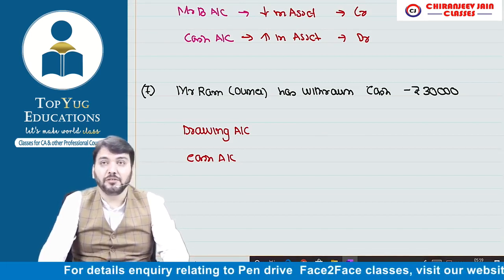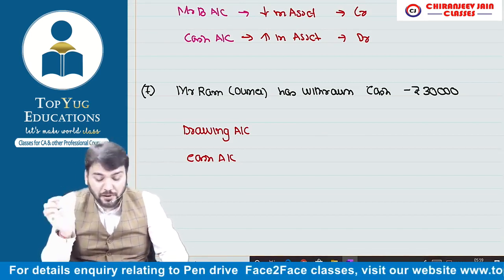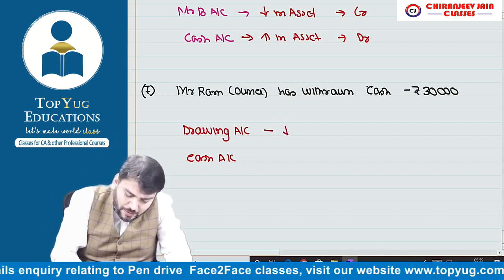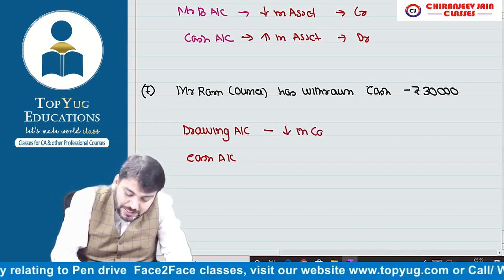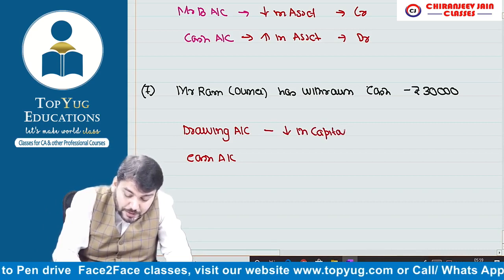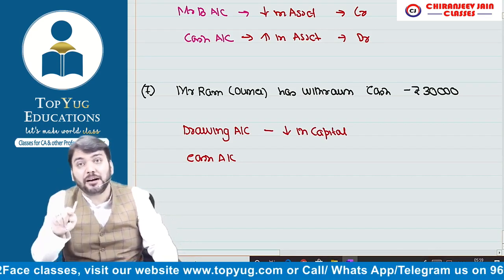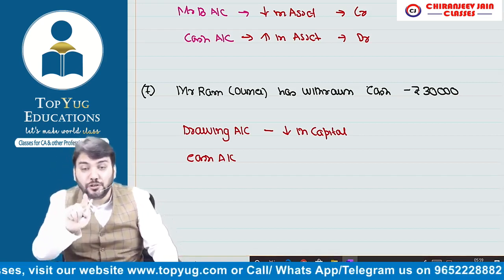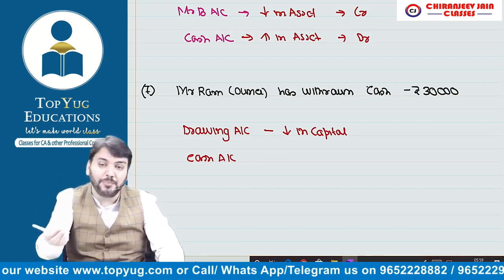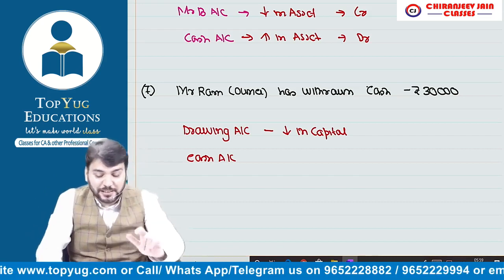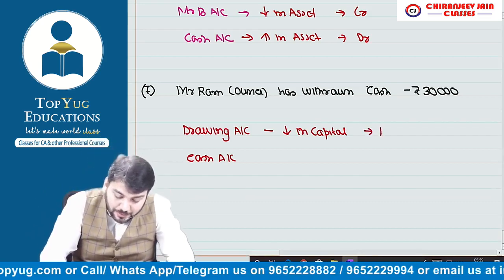It is a personal account. And drawing account will represent what? Decreasing capital always. Drawing account means decreasing capital, and capital account means increasing capital. So drawing account means decreasing capital. आपने जैसे withdraw कर लिया, that is decreasing capital, and decreasing capital will be debited,